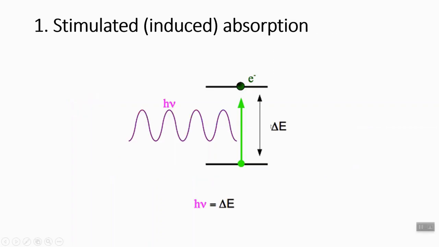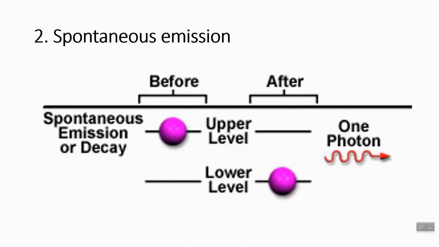Now let me describe stimulated or induced absorption. If a system, that may be an atom, molecule, or electron, is initially in the lower energy state 1, it can rise to a higher state 2 by absorbing a quantum of radiation or photon of frequency nu, which is given by nu equals E2 minus E1 divided by h. This process is known as stimulated absorption or induced absorption. Now the second process is